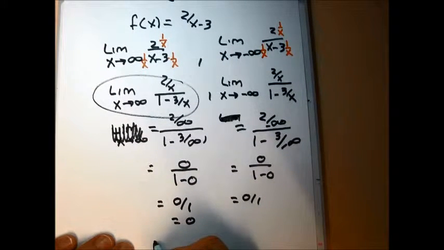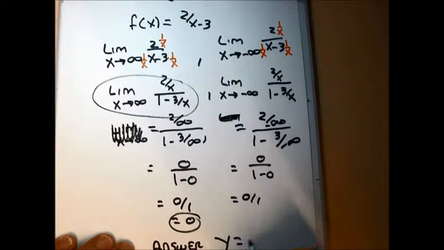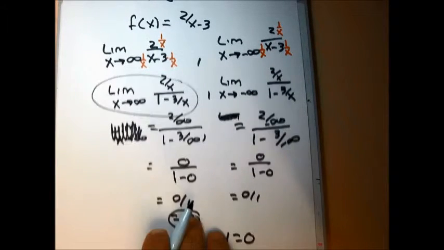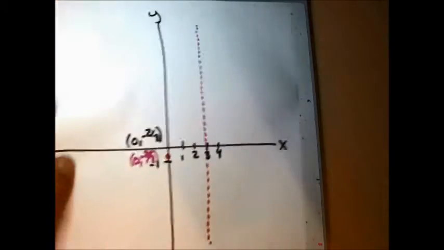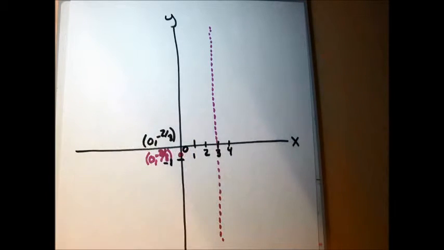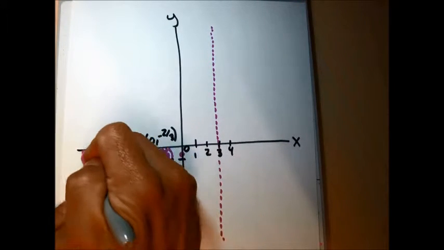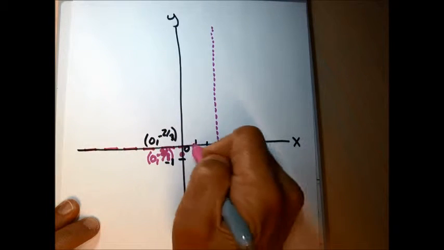So my answer to part D of number 14, the equation of my horizontal asymptote is y equals 0. So I'm going to find 0 on the y-axis and draw a dashed horizontal line to finish up part D on my graph. On my graph for part D, 0 on the y-axis is right at the origin. So I'm going to draw my horizontal asymptote, but it's actually y equals 0, which is the equation of the